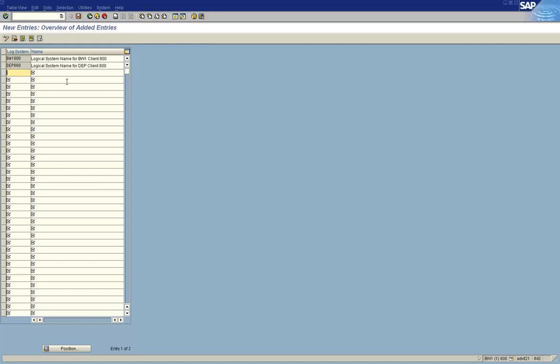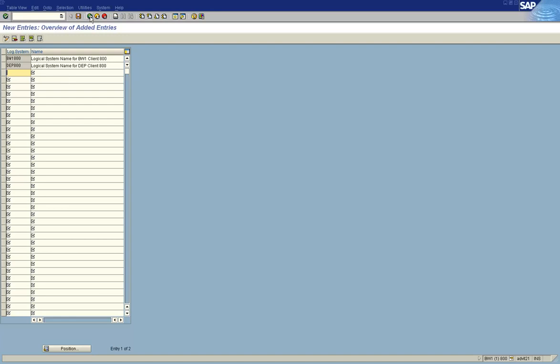Like this, you have to maintain the list of all the logical system names of all the clients involved in your CUA setup. In our case we have only two, so that's why we entered only two entries.